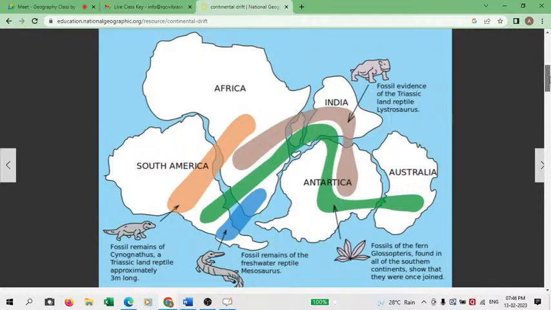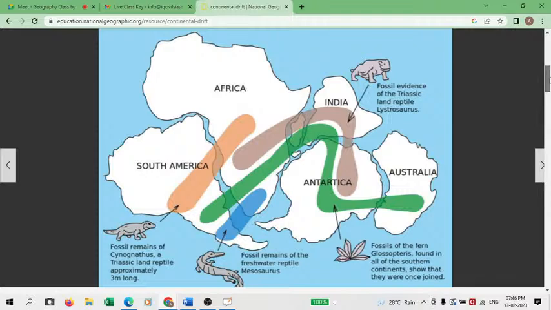Now the critics said, Alfred Wegener's argument was that it is found in both the continents, that was his evidence. What critics said was, how can a freshwater reptile be found in both places? Alfred Wegener said yes, the fossils have been found. And when he proved that fossils have been found, at that time the critics had only one counter argument, that parallel evolution, parallel evolution, parallel evolution. They were just beating around the same argument.